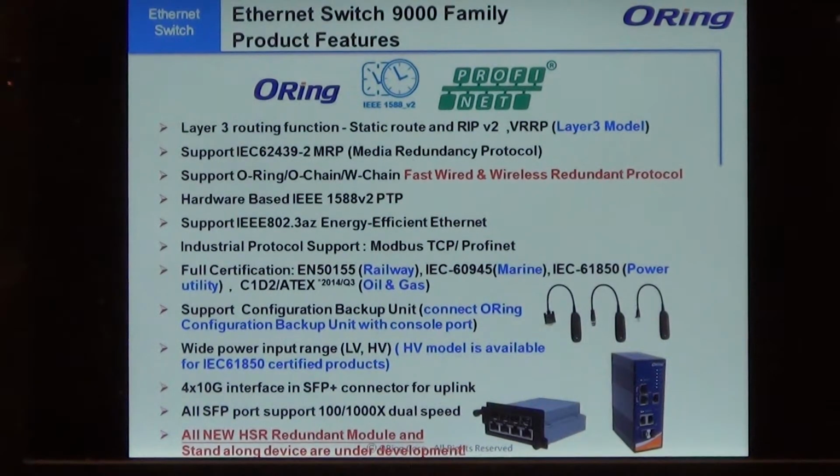Okay, this page below shows all the software functions and certifications that Orange has passed on our Ethernet switch. The first is a layer 3 routing function. We support RIP version 2 and VRRP, and also the non-standard STP or MRP or non-standard O-ring, O-chain, and W-chain, which will be introduced later. And also we have PTP precision time protocol, and supporting the energy efficient protocol to save